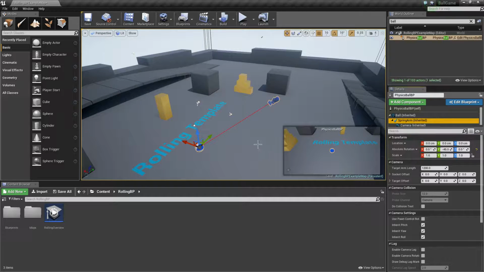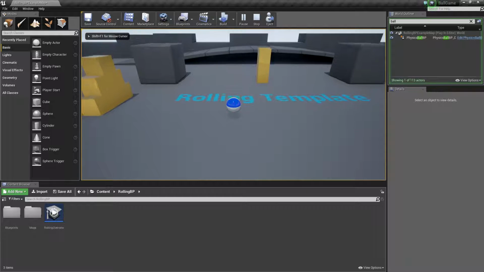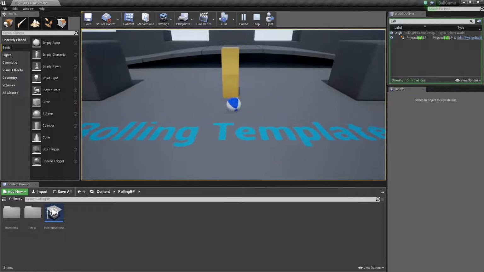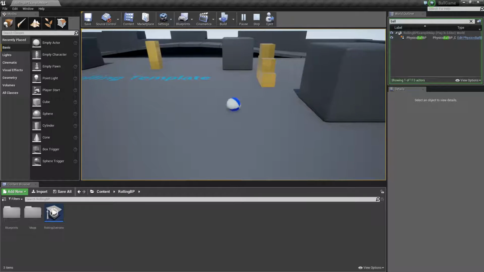What we actually want to adjust is what's called the spring arm, and we can adjust its rotation slightly using this setting here. So we can just drag and alter the rotation there. I'm going to set it to around about there, and we'll just hit play on the game, and you can see that already the angle is slightly different. Maybe it's a little bit too low at the moment,